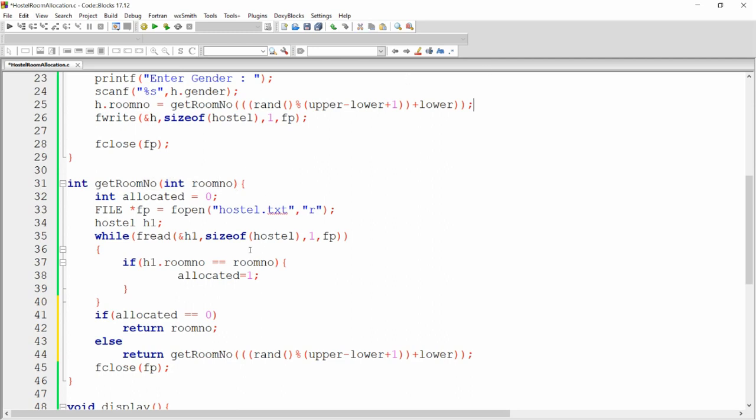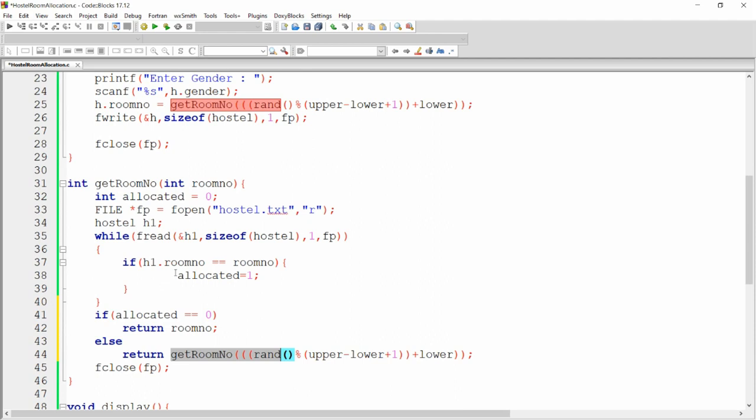So what I did see here, it is very simple. I'm passing the room number that is over here as an argument. So if room number 5 is passed over here, then what happened? I'm checking into the file. Is 5 there? If 5 is available in the file, then the room is allocated. If it is 1, then I will call the get room number function again and I will search for another room number.